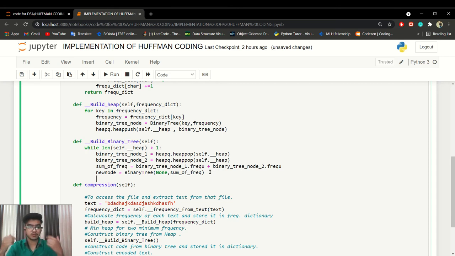Now we have to create connections between these nodes. How can we do that?